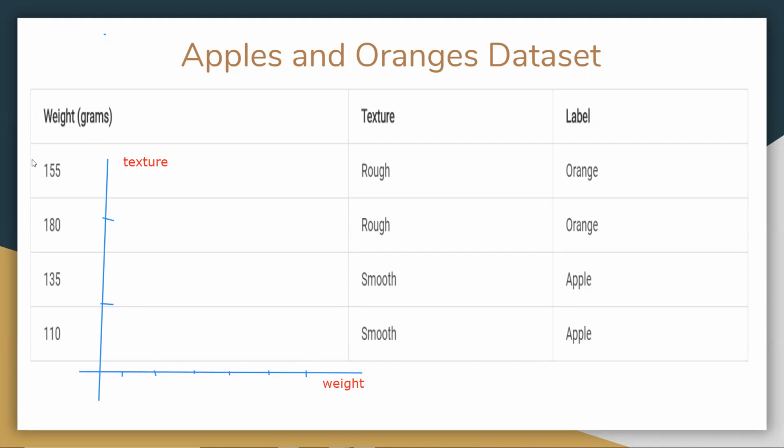So 155 means it's rough and 155. Approximately I'm drawing, so don't get confused. So as it is rough and 155, let us assume here is one sample. 180 and rough. So for example, here is one sample. 135 smooth. That could be this one, right? And 110 smooth again, that could be this one, right?